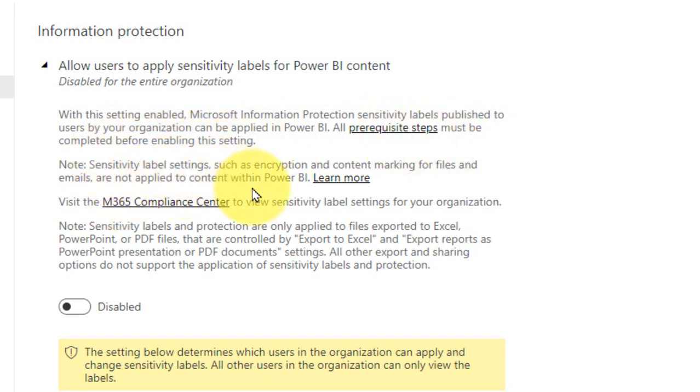Sensitivity label settings such as encryption and content marking of files and emails are not applied to content within Power BI. It is basically that if the users export the data to Excel or to PDF, they will get an indication that it has content which is sensitive to the organization. And there are prerequisite steps; you can just click on the link here to know more detail about it.